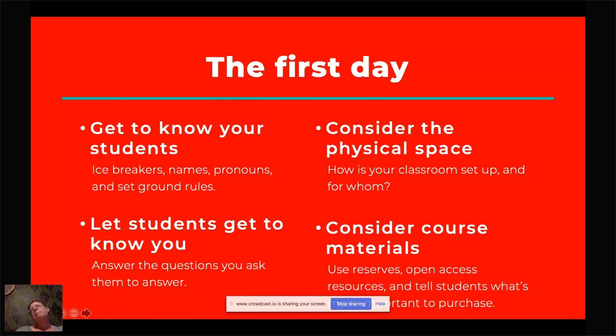And then finally, be transparent with your students about what's important to purchase. If you assign a book, but you're only going to read 3 chapters of it, let them know that this might be a book they could take from the library and just copy those 3 chapters. I teach an activism class, and I always assign this book about Baltimore history. I say to them, we're only going to read 1 chapter. It's a great book. If you're interested in history, buy it. But if not, it's okay to share or use the library. And I think students really appreciate that information up front.